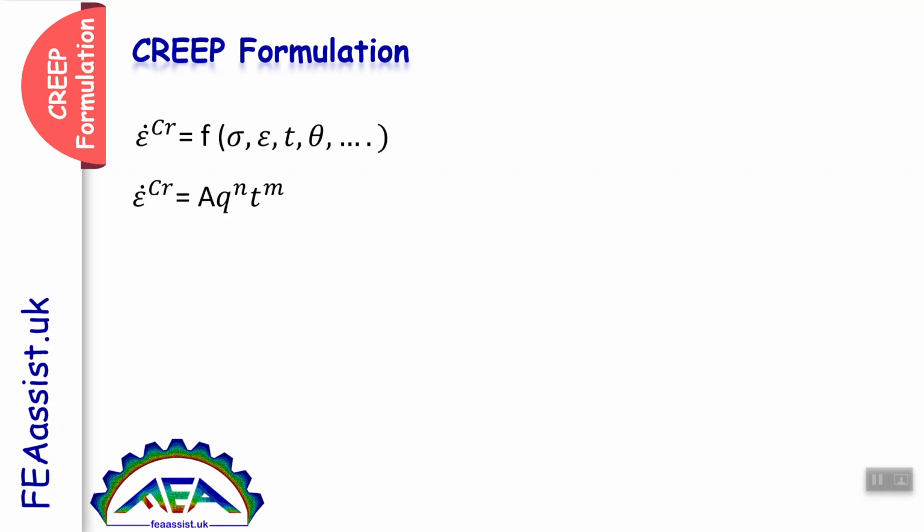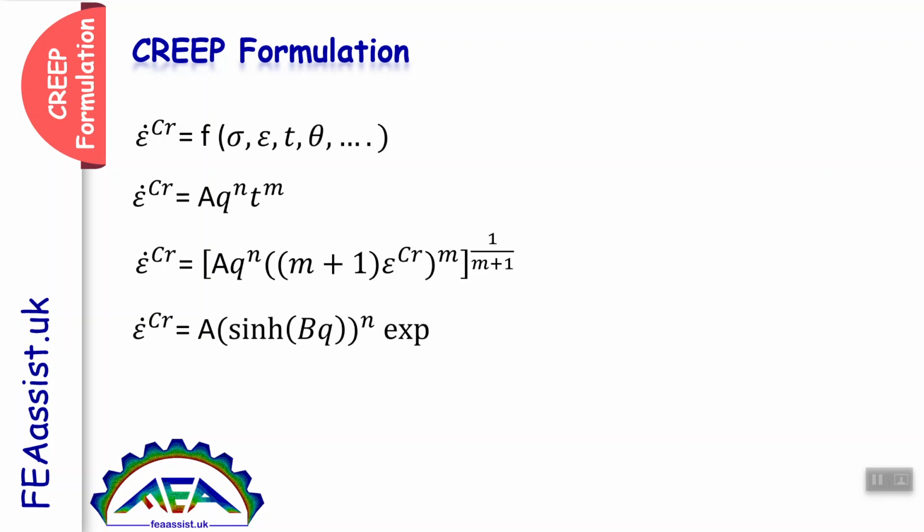Another form of creep function is the power law function, in which the creep strain rate is a function of creep strain and deviatoric stress. Some of the parameters are here. By entering these parameters into Abaqus, you can again predict the behavior. Another form of the creep function is the hyperbolic sine function, in which creep is a function of deviatoric stress and